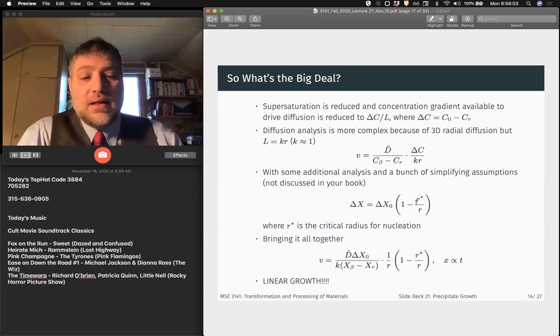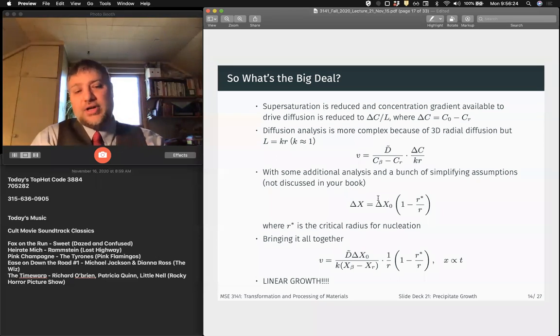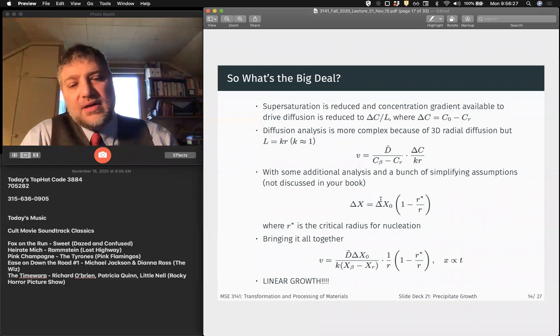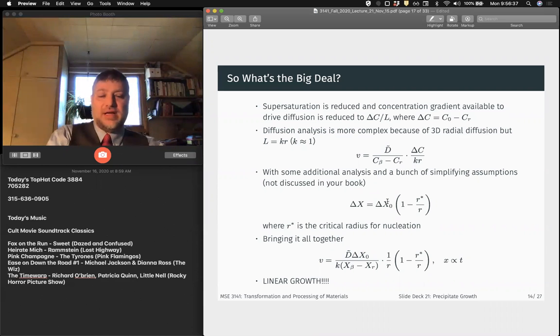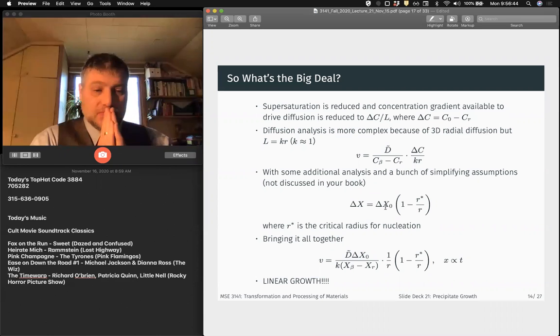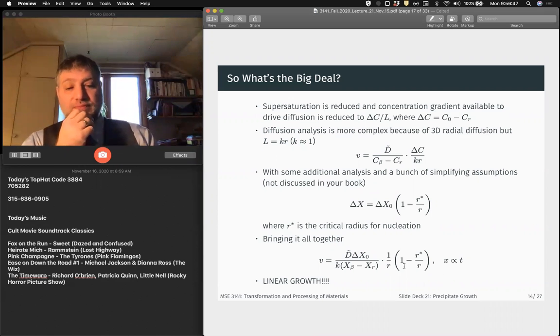But when this becomes larger, when R becomes larger, this will approach the amount of supersaturation that we have. The Gibbs-Thompson term essentially goes away, and we're left with delta x naught. Our supersaturation step equals what it would be in the limit of the planar interface, right? So what we have now here is a